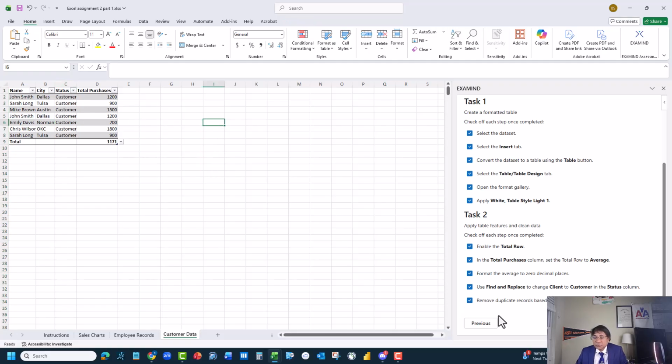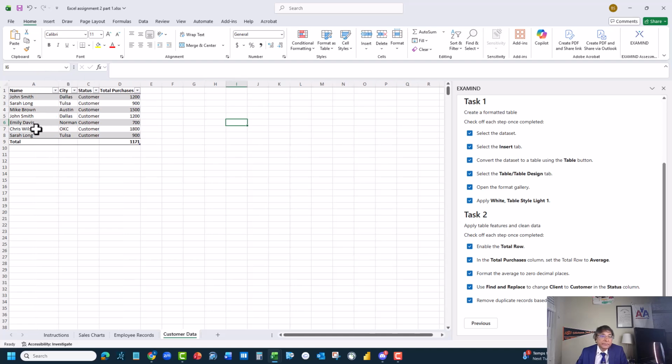Now remove the duplicate records based on the name column only. If you see in the name column, there are some duplicates. Sarah Long, for example, is a duplicate. Emily Davis is a duplicate. Sarah Long is a duplicate. John Smith is a duplicate. So I don't want these duplicate names. We want to